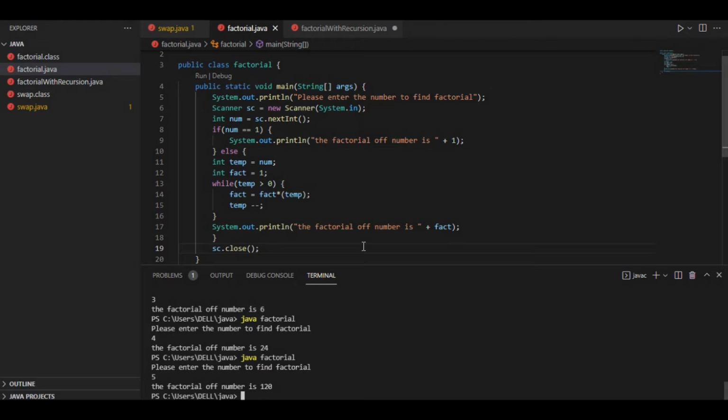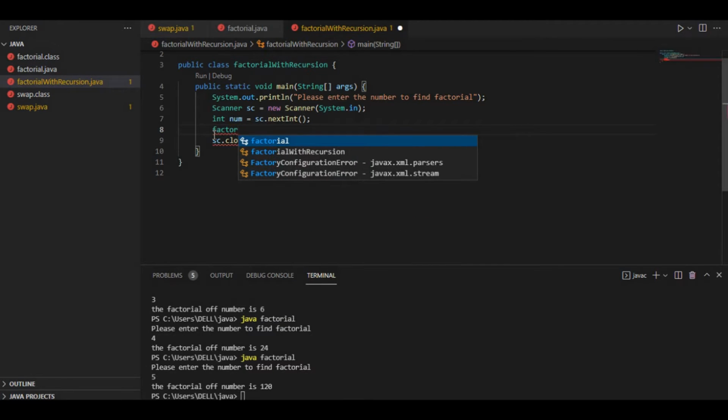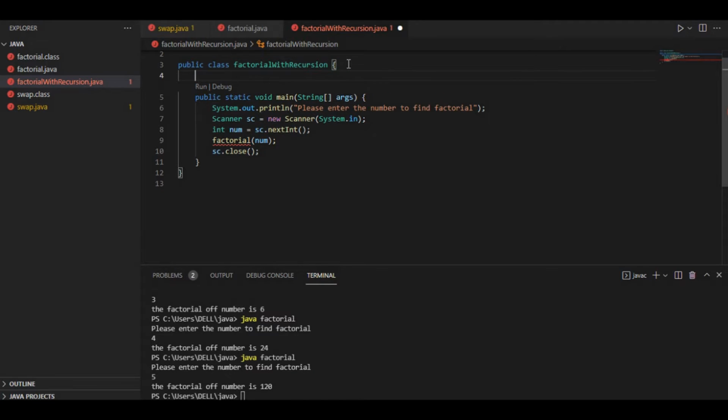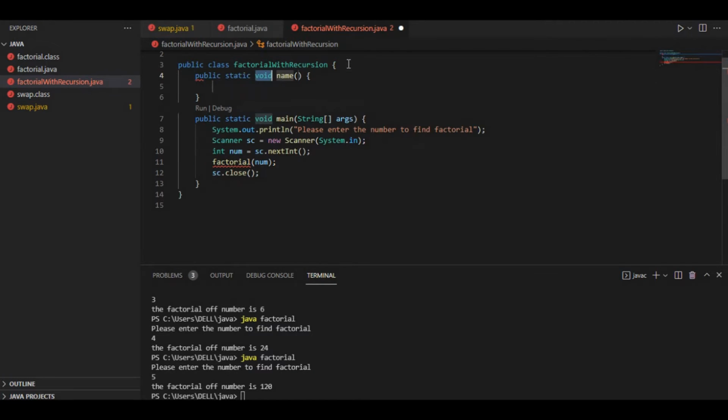Now this particular program works by just using a simple loop and not using recursion. So there is another way of doing the same thing using recursion. Let's try and do it that way. Factorial by another way: we'll create a method factorial with an input as an integer variable, a public static method which we can directly call through the main function, and we'll name it factorial and give it an integer input.